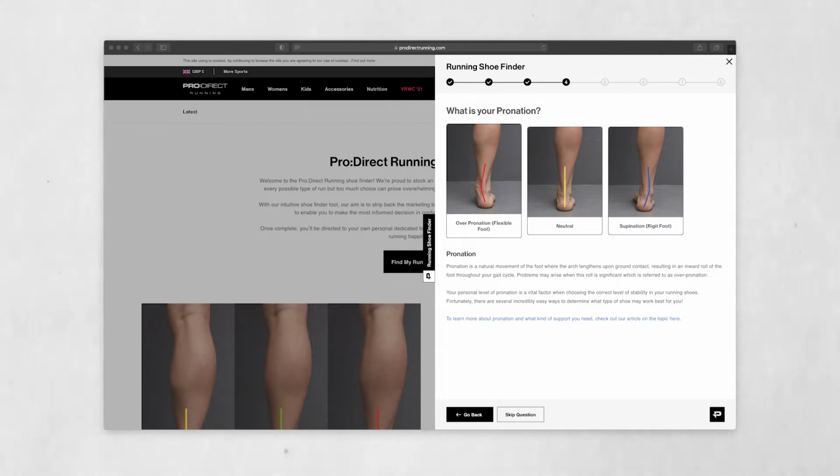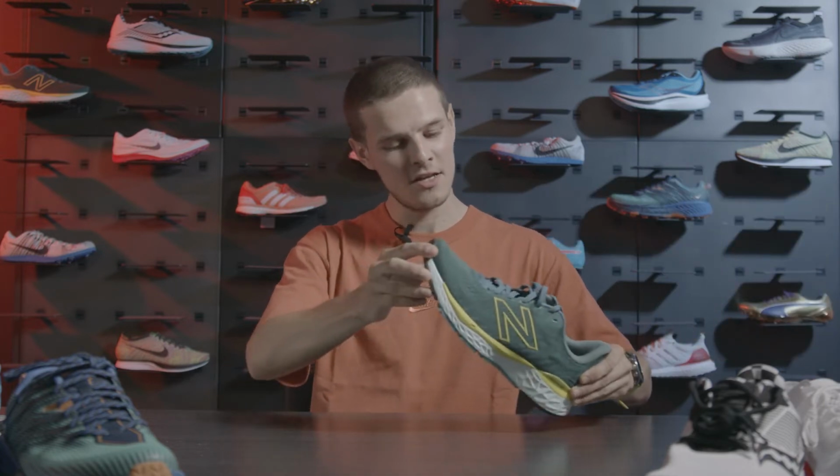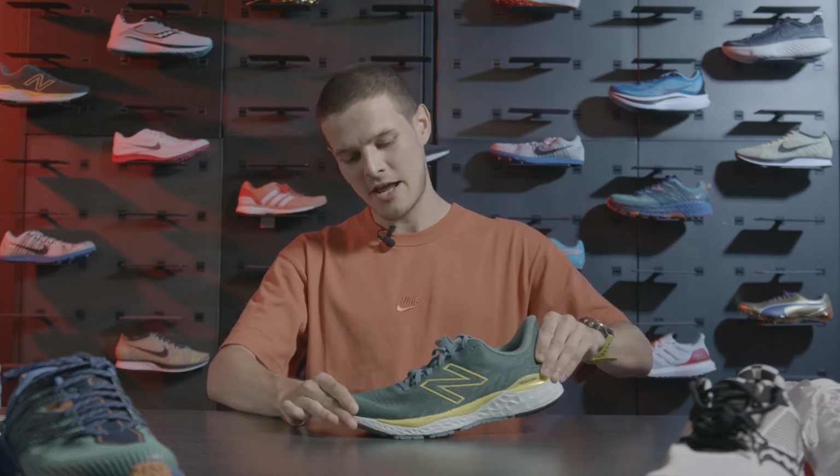I'm sure many of us have probably heard terms like overpronation and supination thrown around in the running scene, but what do they really mean? So ultimately, in its simplest terms, pronation refers to the natural movement of the foot and ankle. Now, the vast majority of us when we're running will typically land towards the outside of the heel or midfoot or forefoot, and then gradually roll inwards and toe off on the big toe where the foot is the most